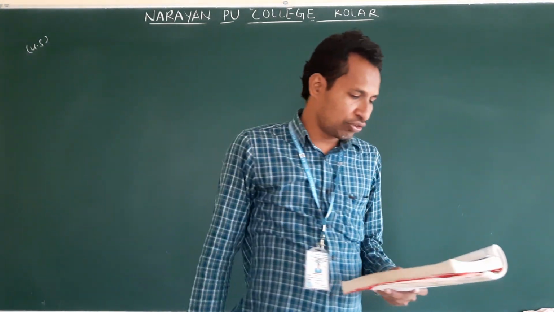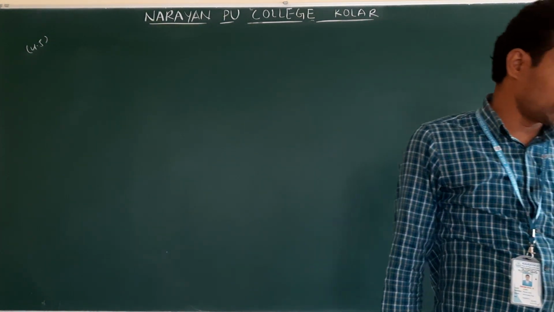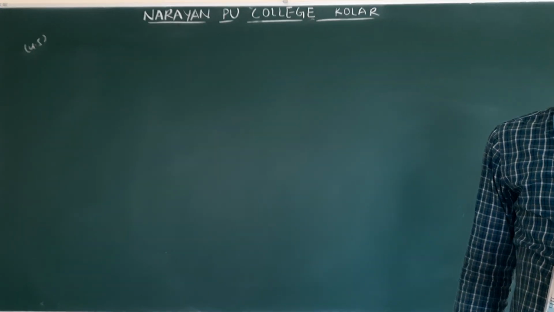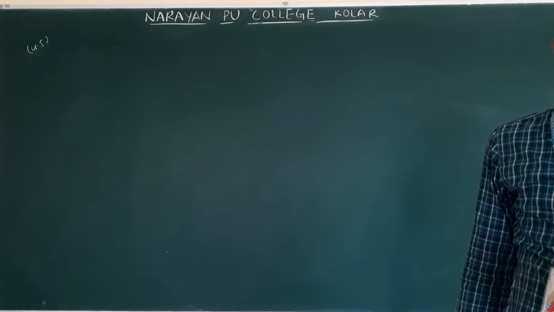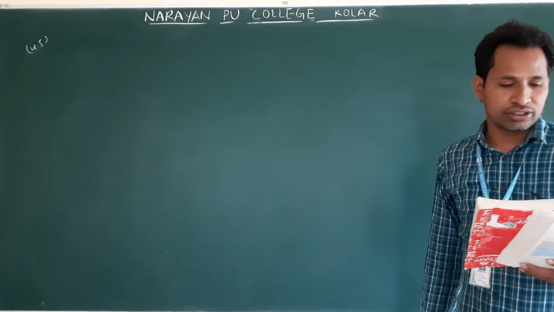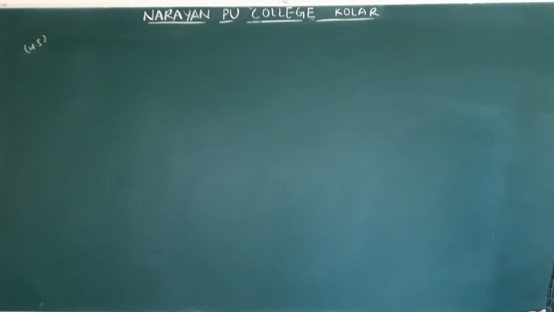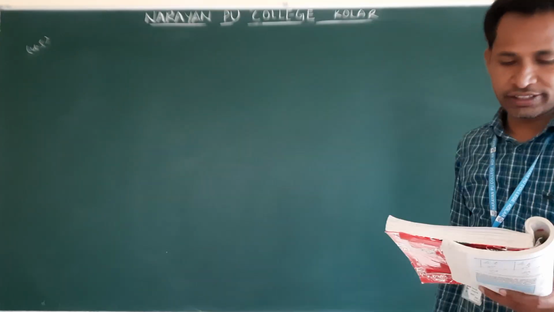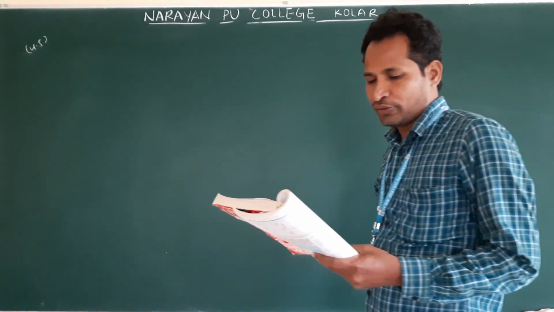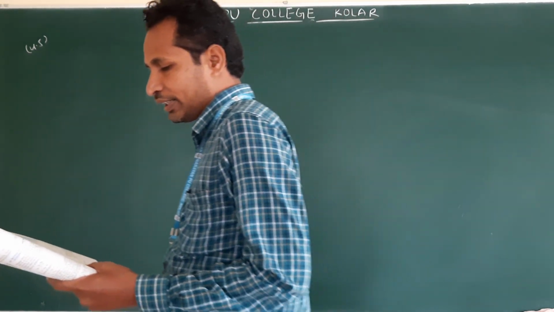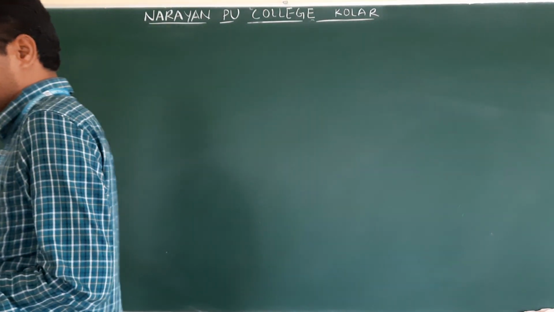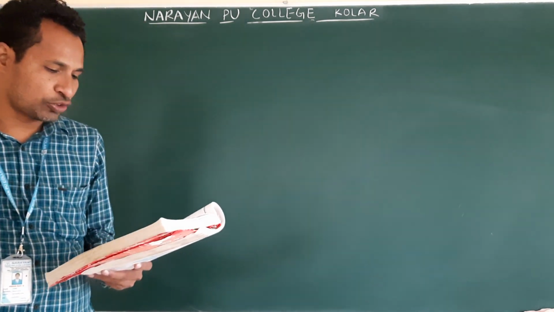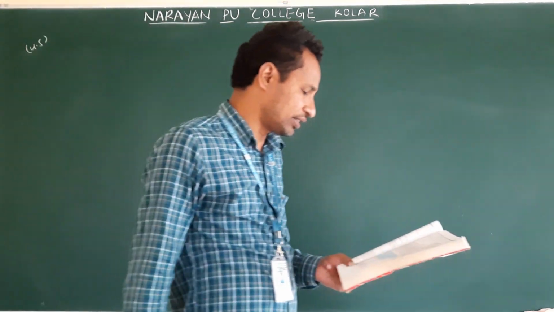A particle starts from origin at t equal to 0 with a velocity 5 i cap meter per second and moves in an xy plane under the action of a force which produces a constant acceleration of 3 i cap plus 2 j cap meter per second square. What is the y coordinate of the particle at the instant its x coordinate is 84 meter? What is the speed of the particle at this time?